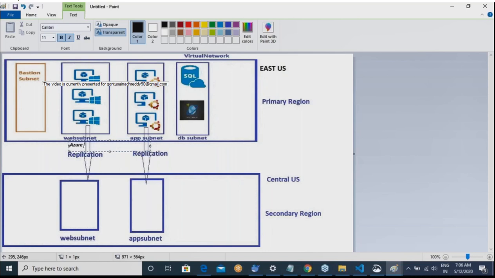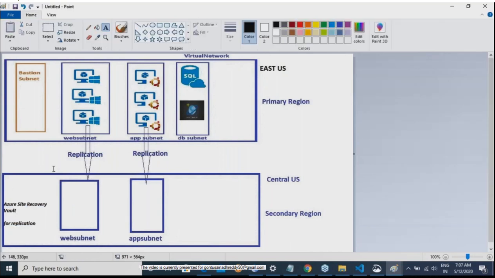I'll be using Azure Site Recovery Vault. So I'll have one site recovery vault which is created in the target region for replication. This is my site recovery services vault.